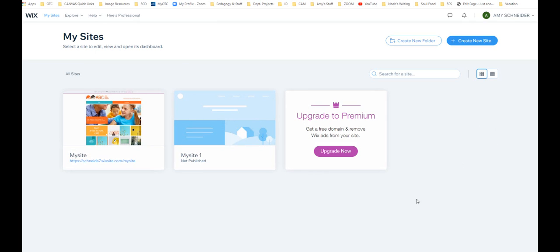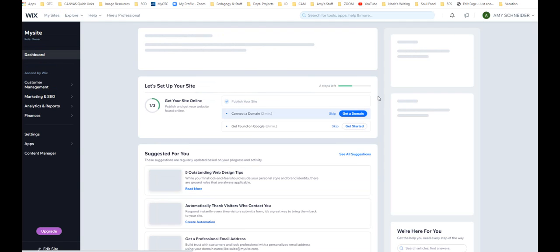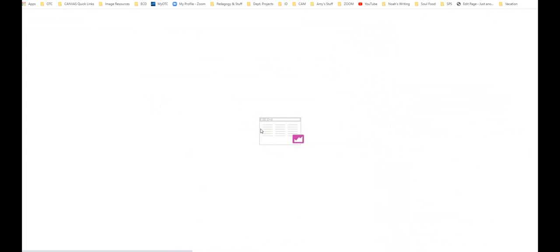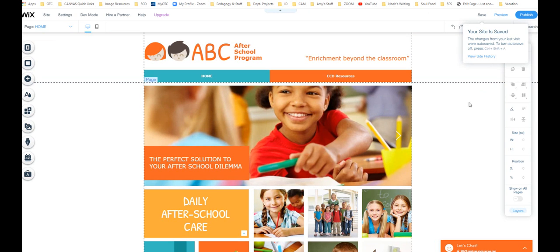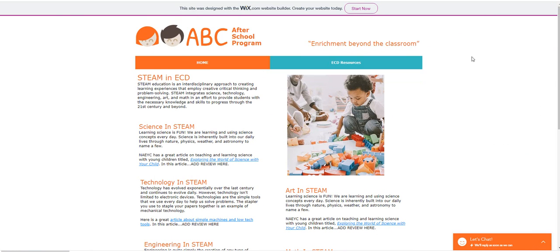So I came to my Wix page, and I'm going to click on the site that I want to edit. And I'm going to click Site Actions and then Edit Site. The website that you created in ECD 101 has a home page and an ECD resources page. Now we're going to be adding another page under ECD resources called STEAM Resources. Okay, so here's our STEAM